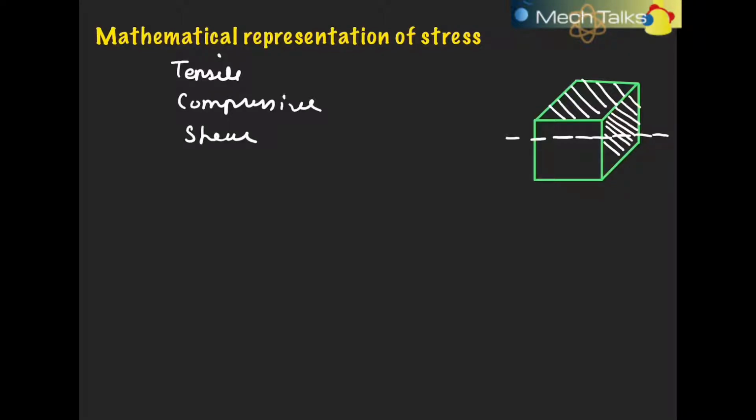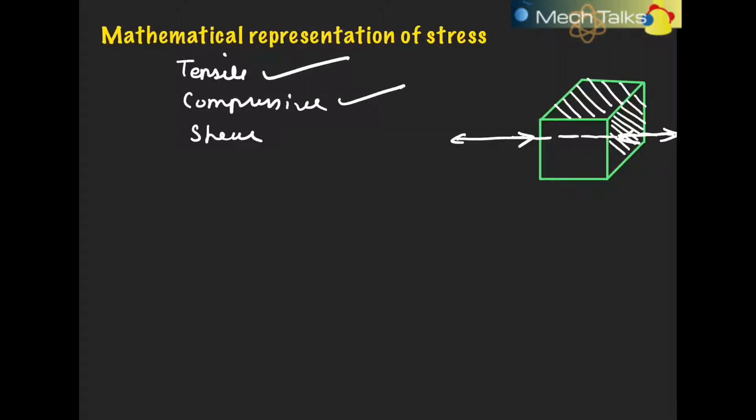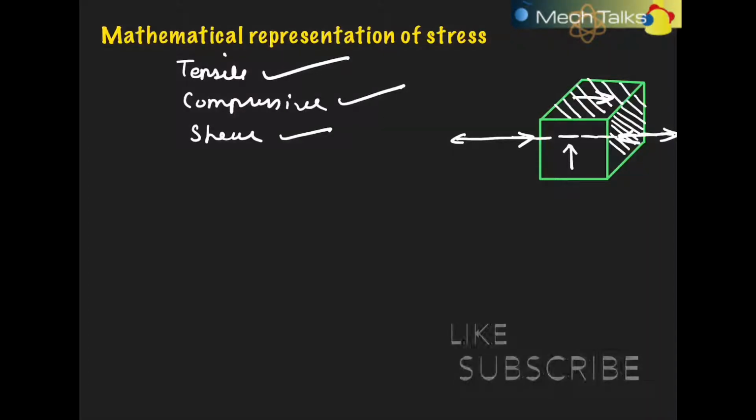When we apply the load along the axis of the box, the stresses will be either tensile or compressive depending upon the direction. Now when we apply a load parallel to the face,